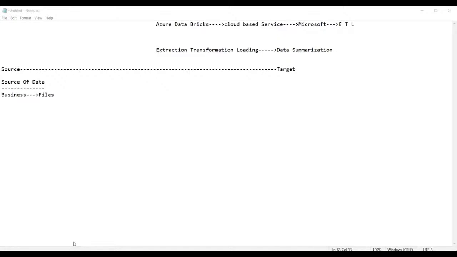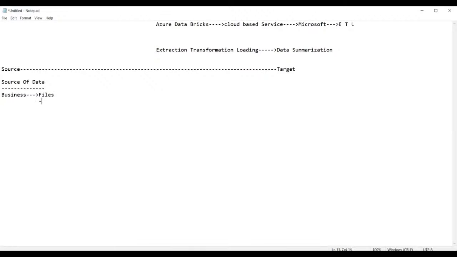Okay, sorry. So guys, we all work for the business only. Suppose you're working as a data engineer in an IT sector, that means you are working for a business. In fact, you will get the data from the business. From the business entities only we get the data. Am I right, guys? This data is recorded in the form of files. So what are the types of files you have?